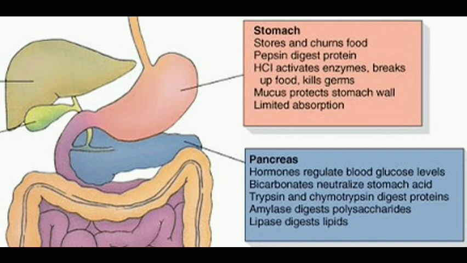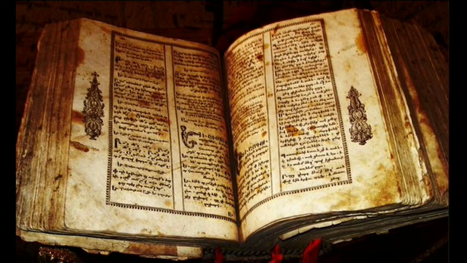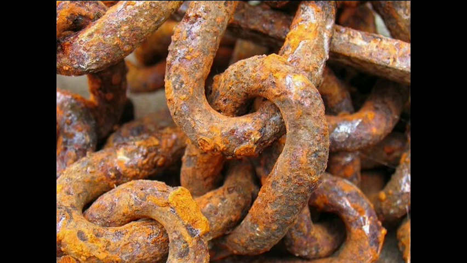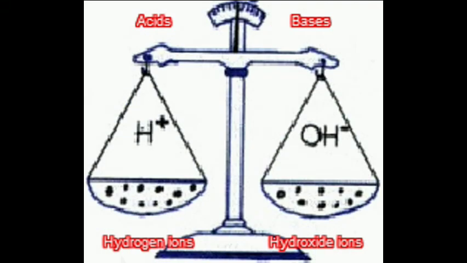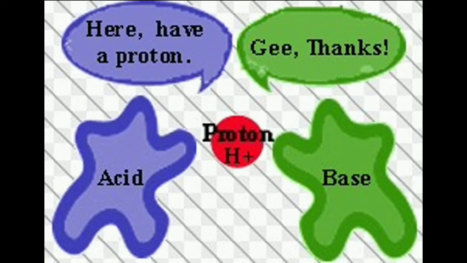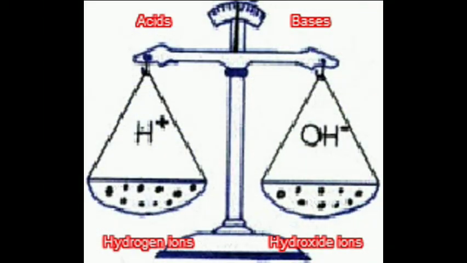Just like oxidation turns paper brittle and dark and rusts steel, acids and bases corrode the body. They are molecules that easily break apart into positive and negative ions. Acids are called proton donors because when they break apart, they produce positive hydrogen ions, which are just protons. Bases are called proton acceptors because when they break apart, they produce negative hydroxide ions, which accept and couple with